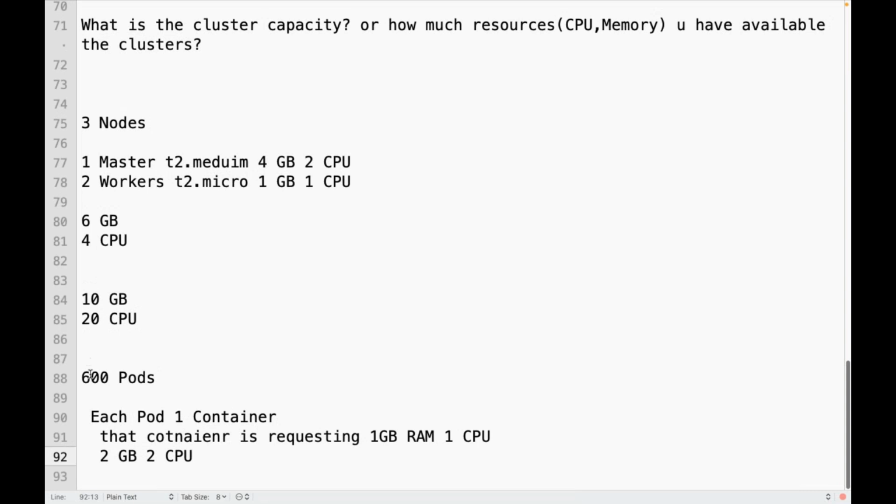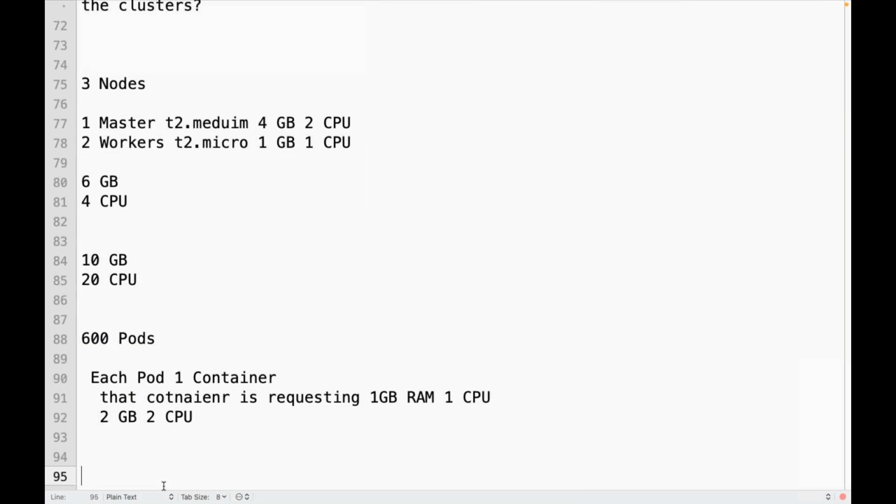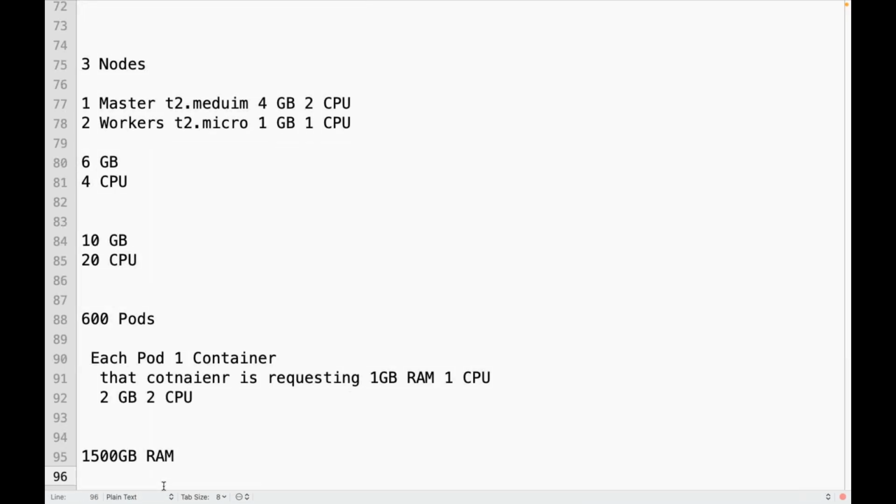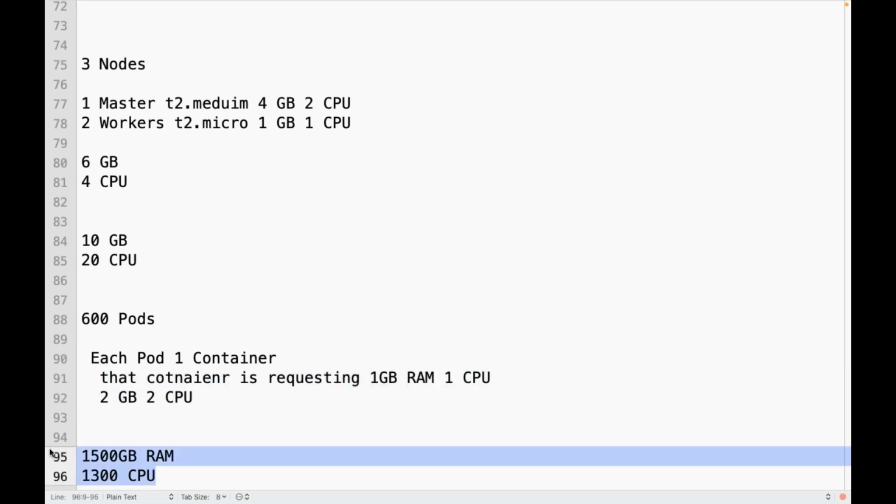Now, do I need to calculate for 600 pods? They are expecting this much CPU. So do I need to have a minimum of approximately 1500 GB of RAM in the cluster? Do I need at least 1200 or 1300 CPUs in the cluster? If I want to deploy this many pods, each pod has one container, and on average they are looking for this much, do I need to have this much CPU and memory available in the cluster?